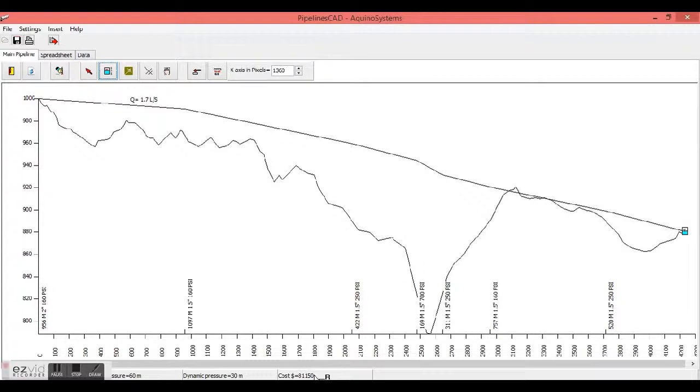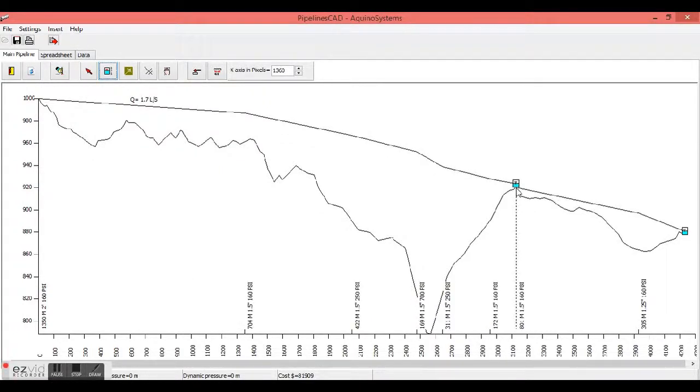Something important provided by the program in the lower part of the screen is the project cost. This data will be very important to choose the most economical design. We will initially have 81,150 as a project cost. By placing a brake pressure box at this point, we see that the cost is slightly higher, but we have saved suction problems. Although the technical part has been resolved, probably we do not have an economical solution yet,